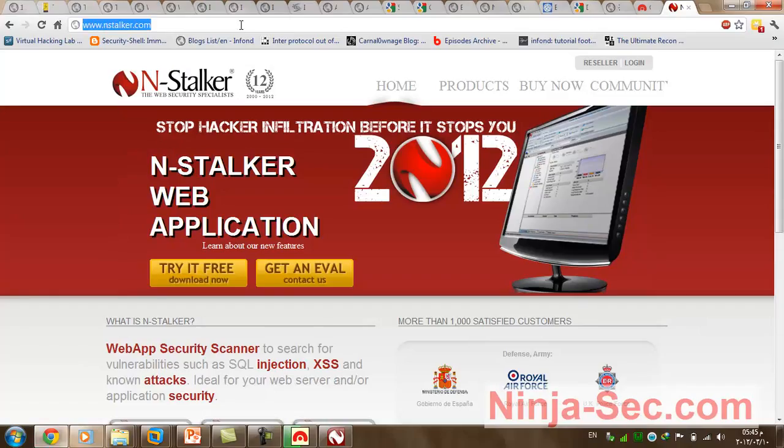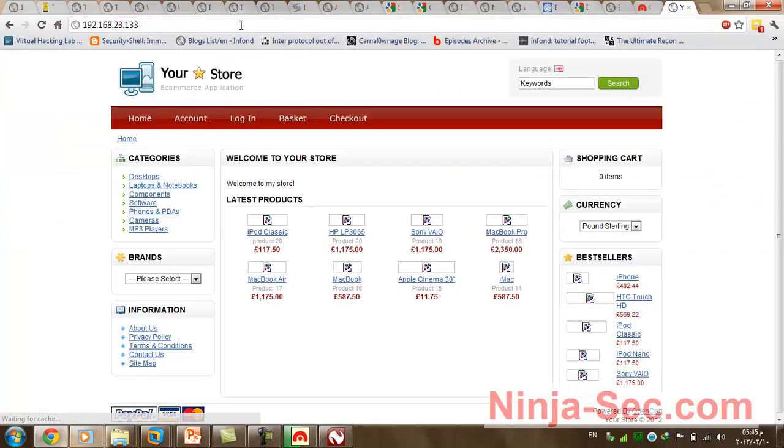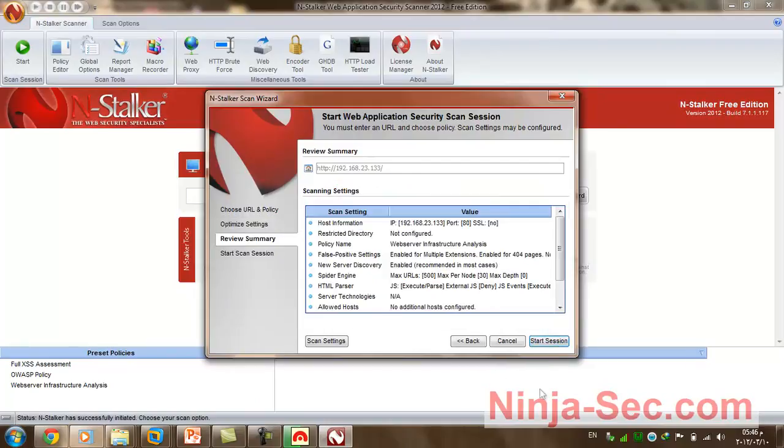Let's open our target here. Here is our target application. It's the shopping cart, and click next after being optimized, and click start session